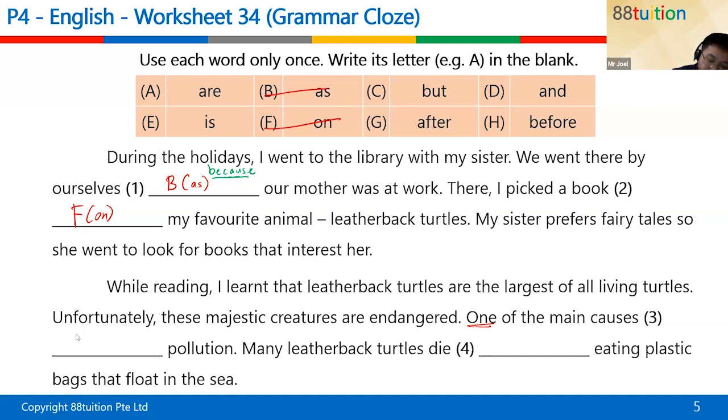Why isn't it turning? Come on, turn. Okay. One of the main causes of what? Main causes of leatherback turtles becoming endangered. One of the main causes, we always use is with a